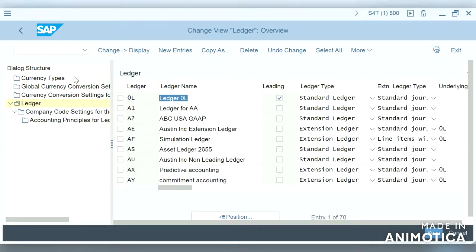And day ledgers we use to create reports for average balances. It is a kind of activating a day ledger for drill down reporting. So daily, what are the activities in the ledger.